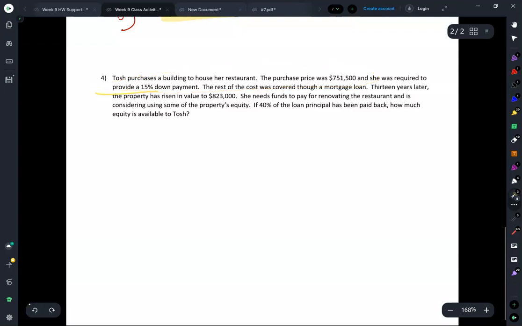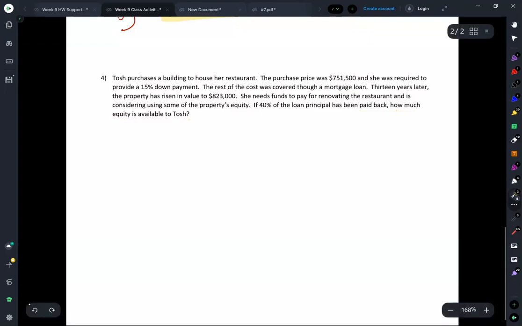13 years later, the property has risen to a value of $823,000. That's considered the assessed value or appraised value. She needs funds to pay for renovating the restaurant and is considering using some of the property's equity. If 40% of the loan principal has been paid back, the principal from the mortgage, how much equity is